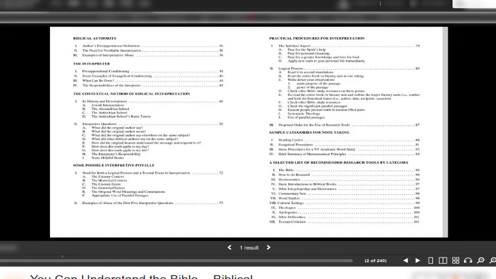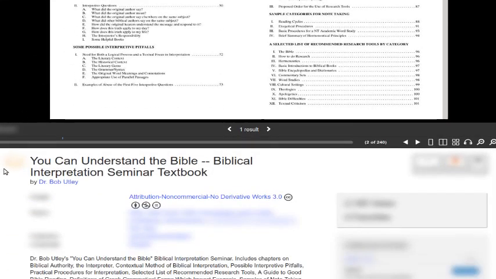You Can Understand the Bible, Biblical Interpretation Seminar Textbook, Dr. Bob Utley. You Can Understand the Bible, Biblical Interpretation Seminar Textbook by Dr. Bob Utley, and we found this in the public domain, public access, so there shouldn't be any copyright claim or strike